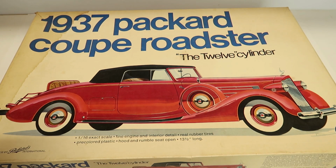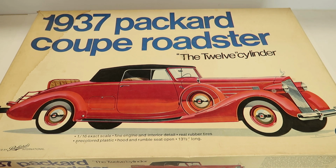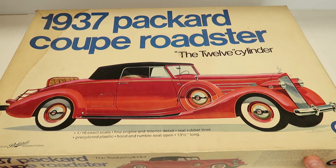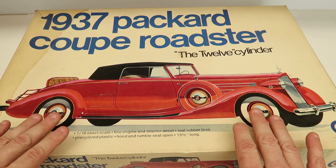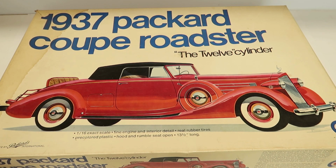Cool. I think looking at the instruction booklet yesterday, it had some Japanese writing, so I'm assuming it was a Japanese kit. I did not know it was a Bandai. I know my friend Papa Dan at Acme, last November at the meet and greet at the hotel previous to the show, had a big giant 1/16 scale Bandai, and I think it might have been a Bugatti. I guess the Bandai kits may have ended up being Entex. I think Entex was one of those companies, possibly like Testors, that reboxed other people's stuff. But anyway,